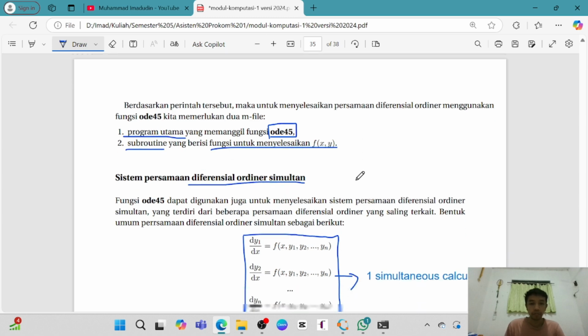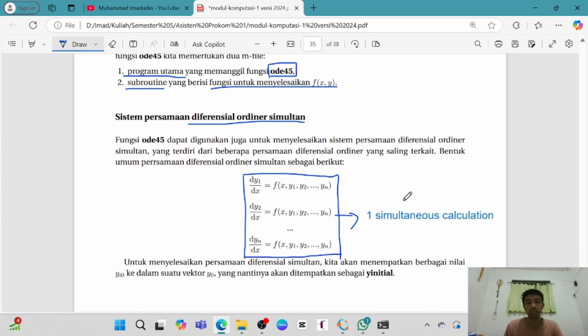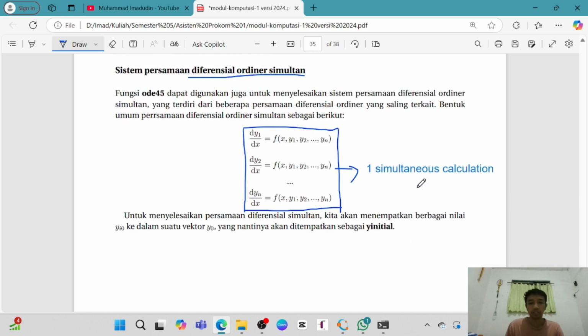This is the illustration for the differential equation. We have more than one, two, and then n equations. And those equations we calculate simultaneously.